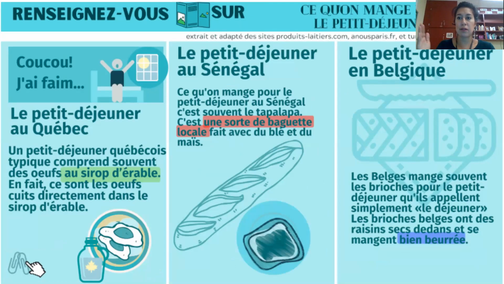So all the texts are about the same thing. It's just that they get increasingly detailed. They're like the same subject. So, ce qu'on mange pour le petit déjeuner. My French students, you should be able to tell me what petit déjeuner is. Oui. And French twos, you may or may not, probably not know that it means breakfast. So there's your clue. So what do we eat for breakfast? So that's what the text is about.